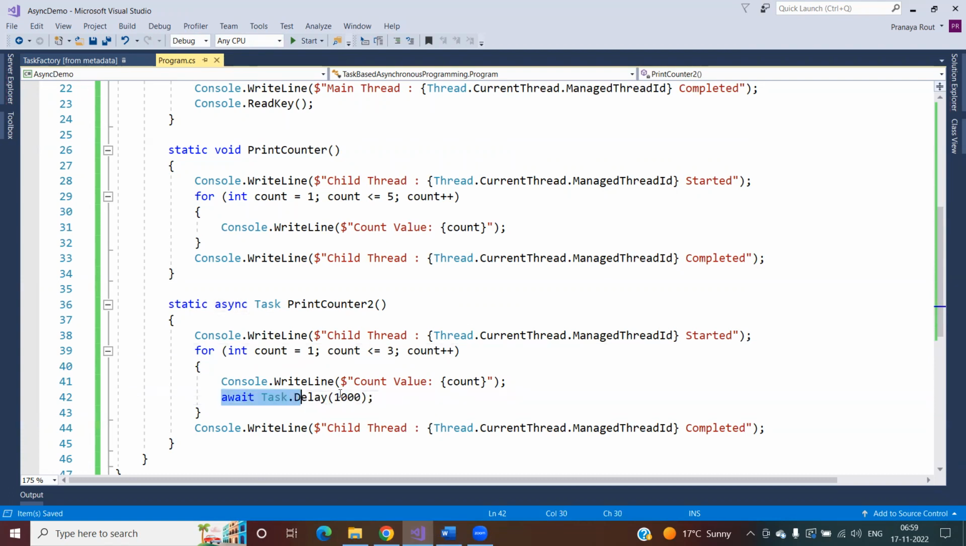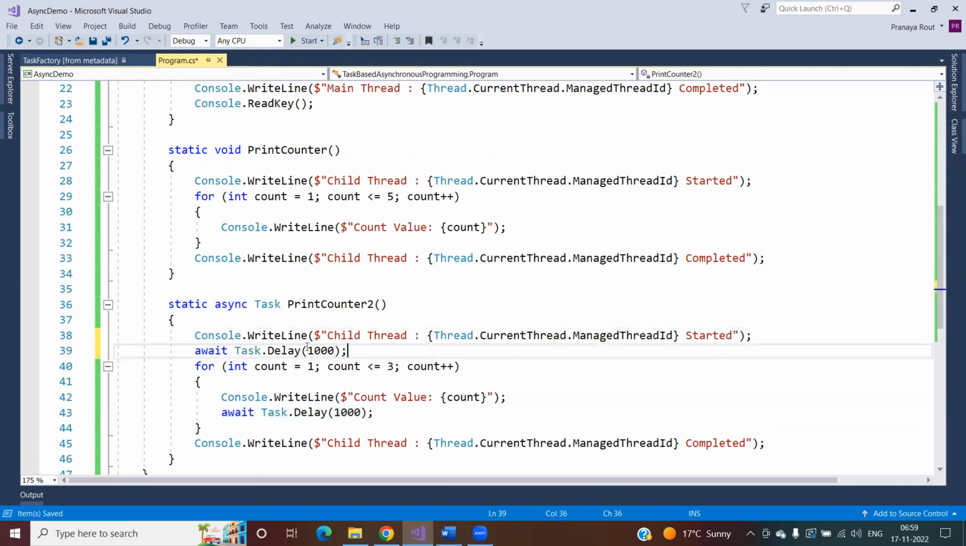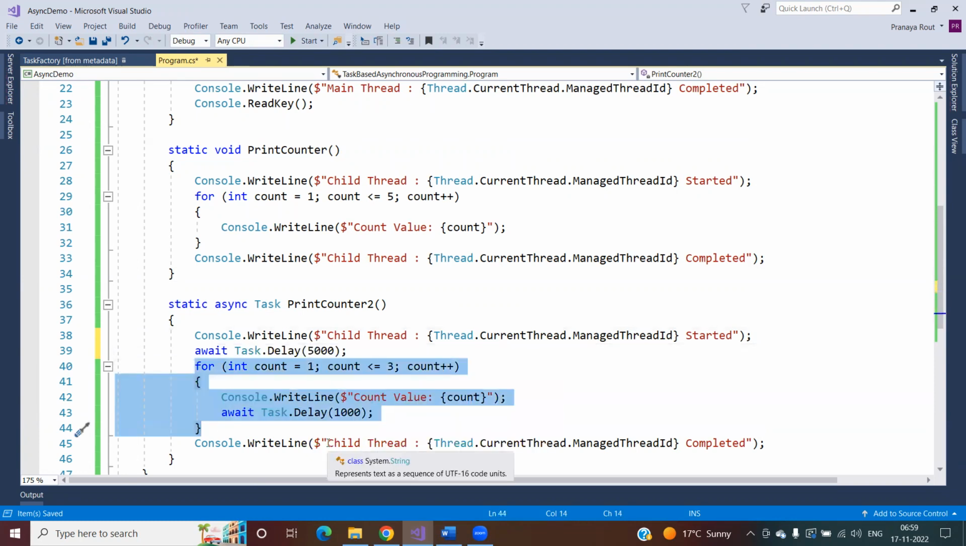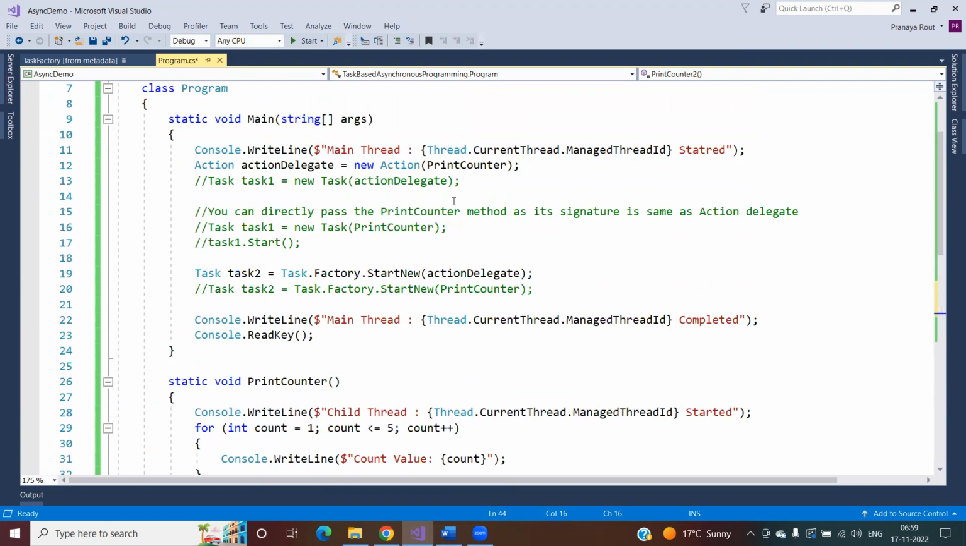Okay, so do one thing: instead of doing this loop, I'm just putting 500 here. I'm commenting this one, right? And from this class, what I'm trying to do is